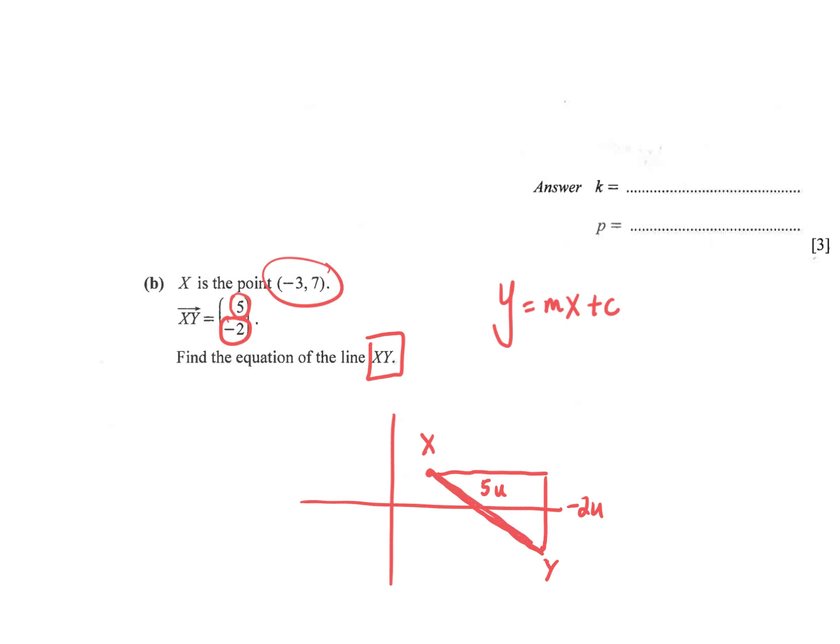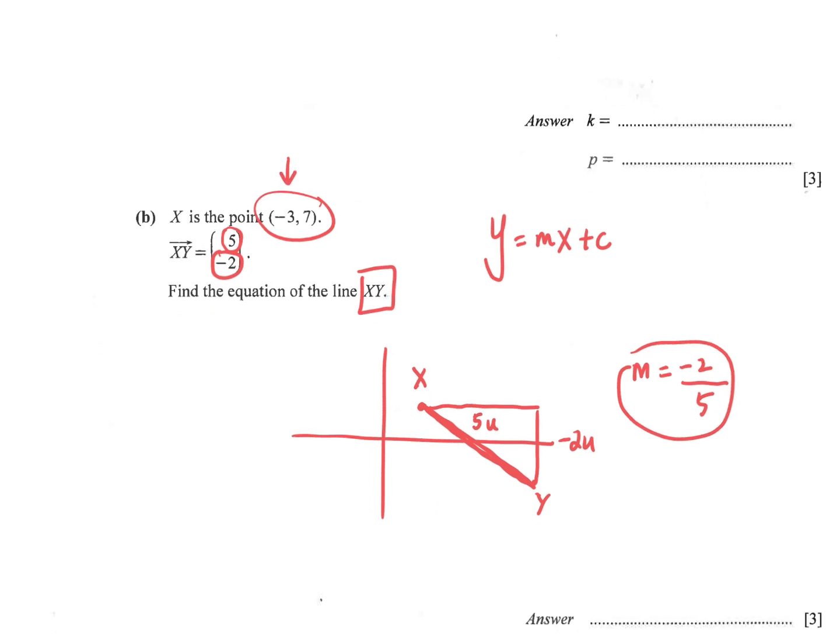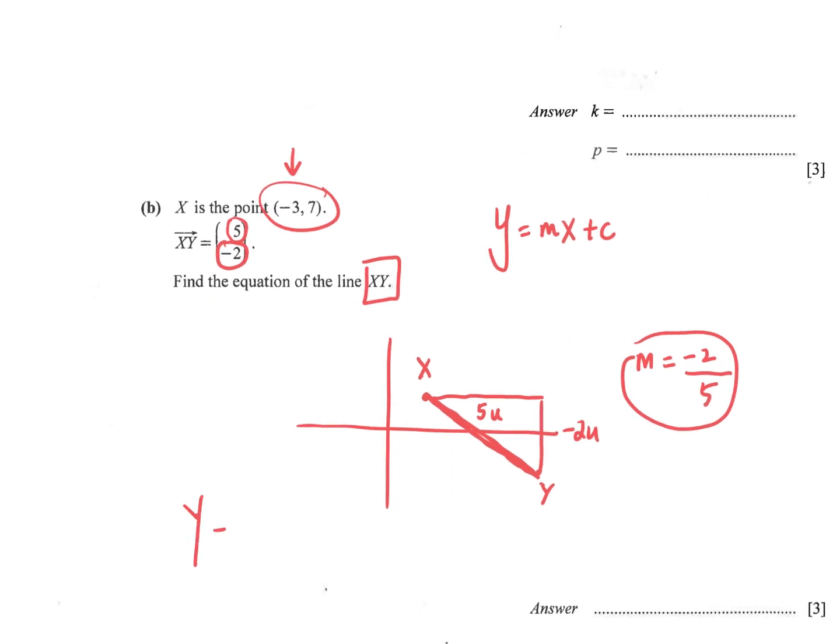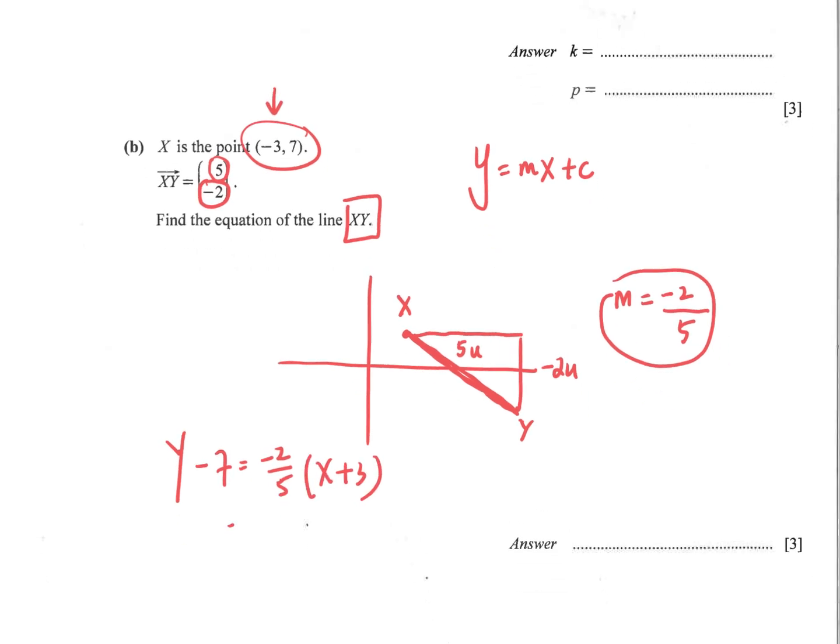Rise over run. So what's the rise? Negative 2. What's the run? 5. So gradient is just negative 2/5. So you have gradient. You have a point. You can find equation now. So y2 minus y1 equals gradient times x2 minus x1. So your equation is just